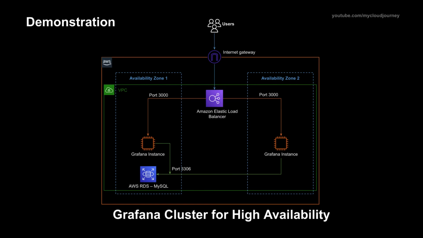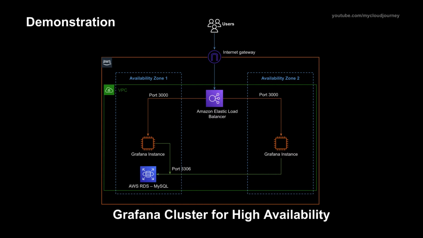To form a cluster, I will provision two EC2 instances, one in AZ1 and the second in AZ2, and both will be registered behind the AWS ALB load balancer, so that the ALB can distribute the load among these. Second, the default embedded SQLite database is good for a development environment with a single Grafana instance, but here we will provision two Grafana instances, and so an AWS RDS MySQL database will be a good fit as a shared database for storing users, dashboards, alerts and many other persistent data.